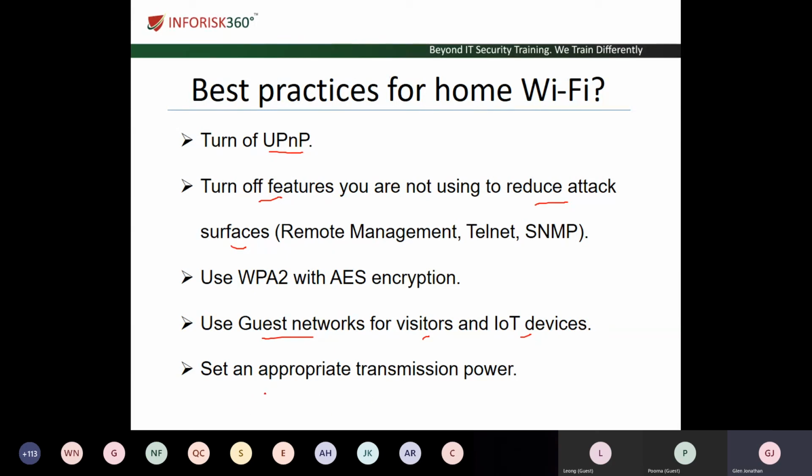Another thing that most people do not know is to actually set an appropriate transmission power. Think of transmission power like high, medium, or low. This is basically how much range your Wi-Fi can reach. If you set your transmission power to high, it can reach a much further distance compared to setting it low. So if you set a very high transmission power, your neighbor, let's say across the street, can receive your Wi-Fi,